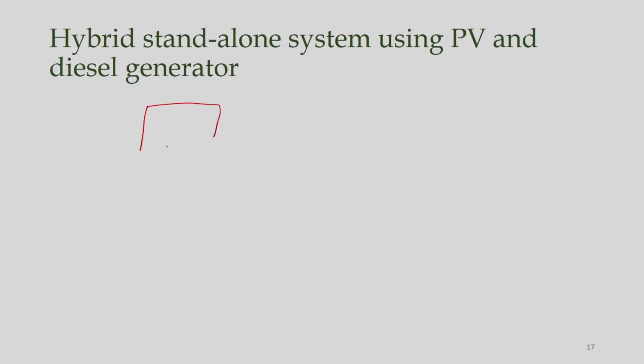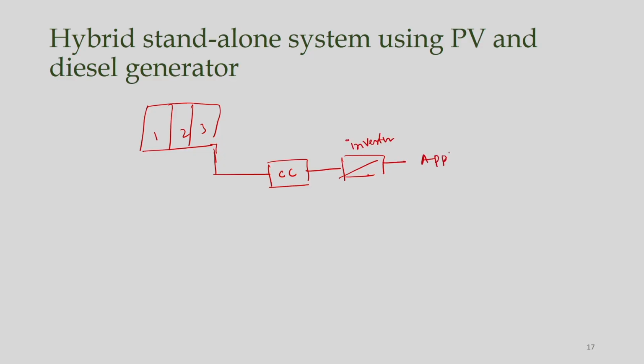Maybe I can draw one figure again here. So, maybe these different modules are connected. Okay. This may be 1, 2, 3 modules connected, and finally we are taking the energy, and then of course we will have a source controller, and then we will have a DC AC converter. Okay. This is called the inverter, and then we have the application. Okay. And then we will have a battery here,